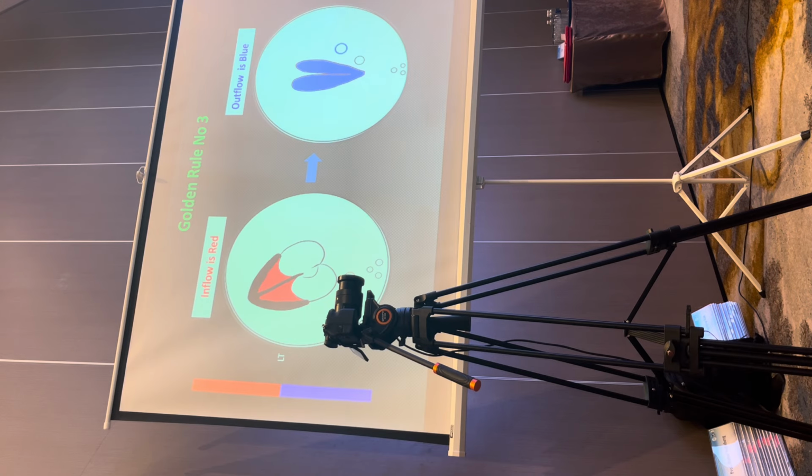With these golden rules of red and blue, it's very important that for every examination you do, you aim to have the fetus in the perfect position with the apex up. It's making that basic assumption that that's how you're evaluating these structures.